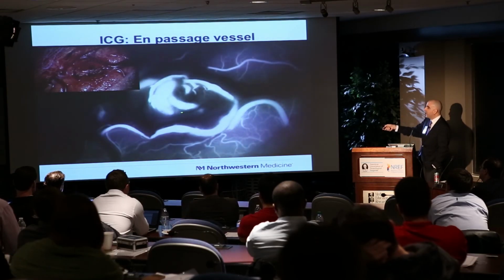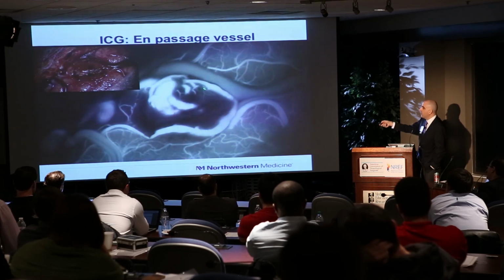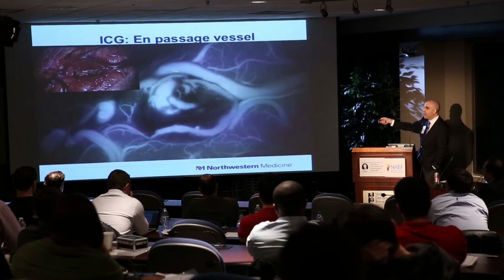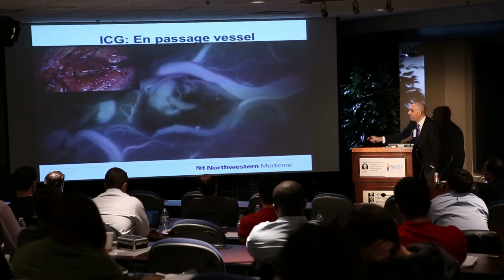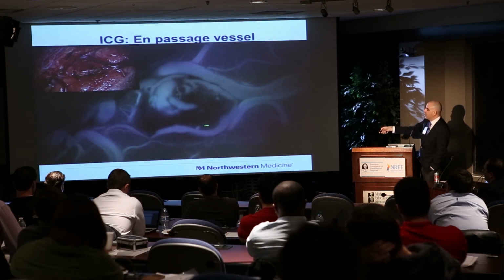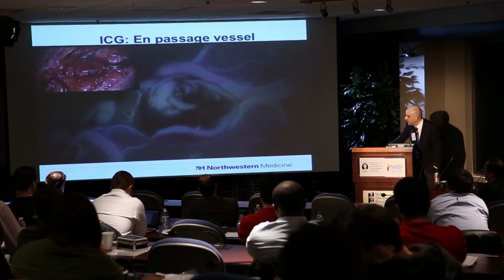I'll show you here just the 2 seconds left. This is ICG during the case, and there was a normal vein of Labbé right in front of the AVM that we have to keep track of, and there's an en passage vessel that I'm going to show you here. So this artery is coming in, but it continues on as a normal artery, so it gives off branches to the AVM. So we carefully skeletonize that.